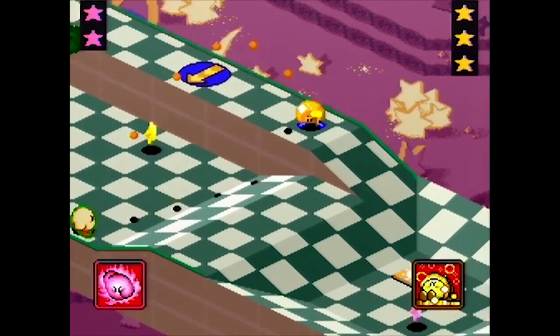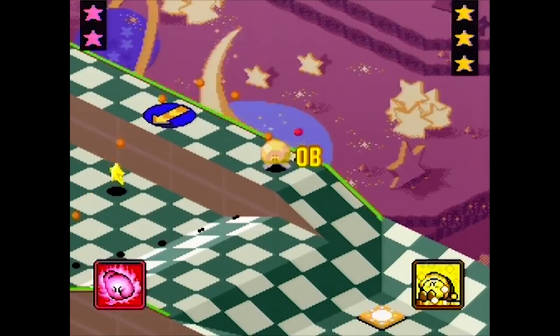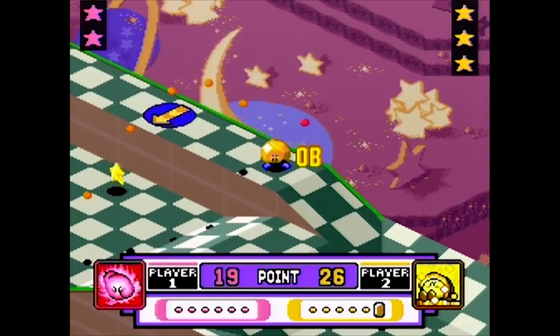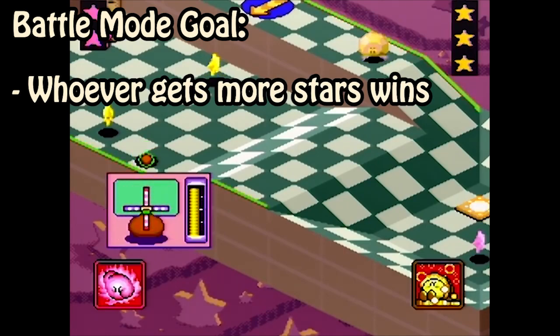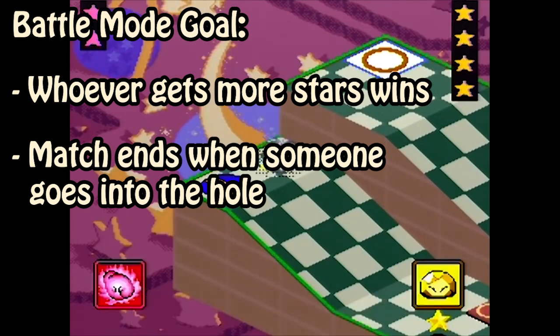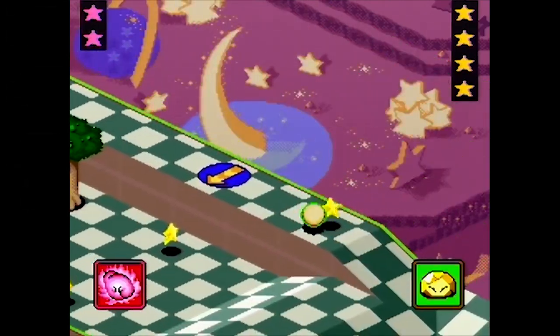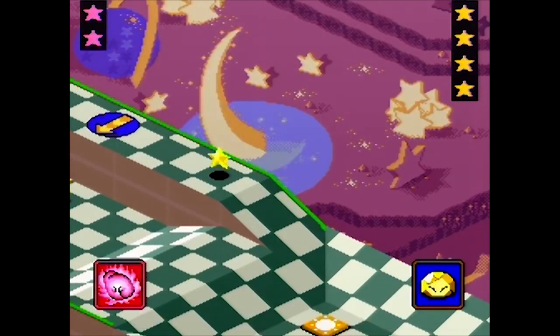Next up, I began working on battle mode. I'm really excited for this. I took the battle mode concept from Kirby's Dream Course 2 player mode, which is basically whoever gets more stars by the end of the match wins. The match ends when someone gets to the hole. I'm really taking a lot of ideas from Kirby, but I can't really think of anything better to be honest. Besides, there aren't many games like this, so...